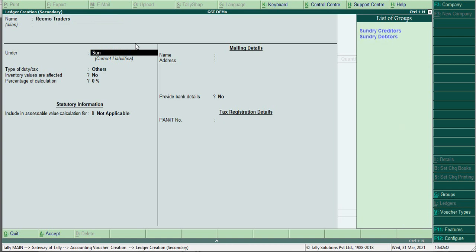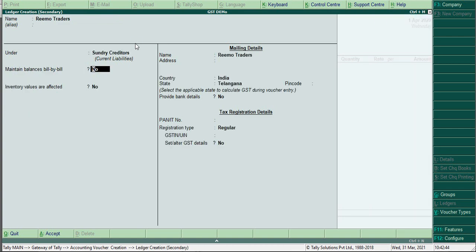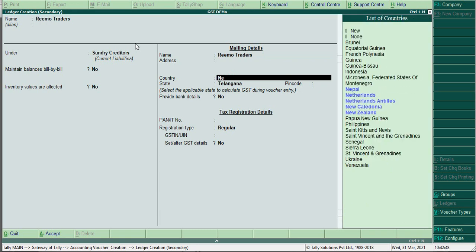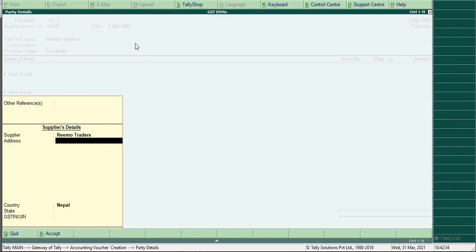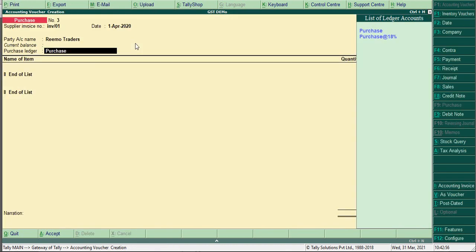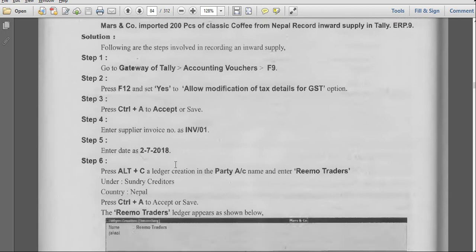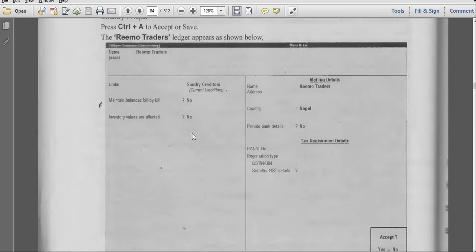He is sundry creditor. State is Nepal, the country is Nepal. Yes, sir. And remote traders is already done.